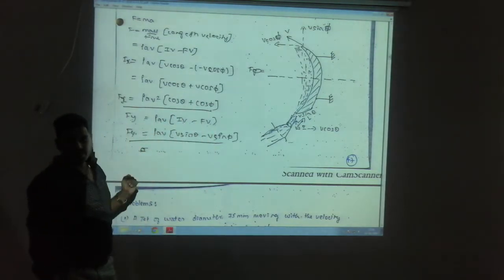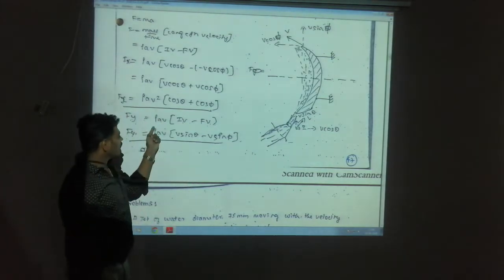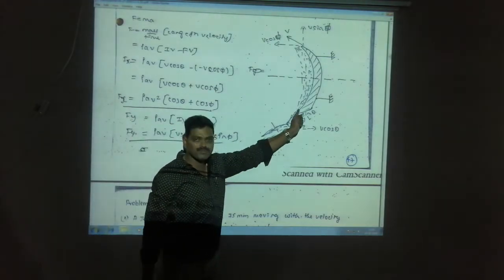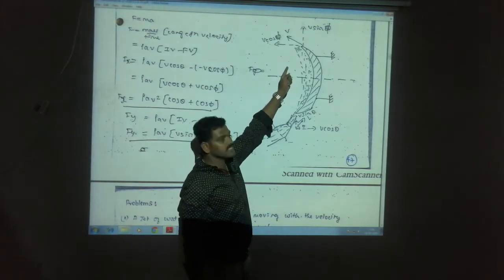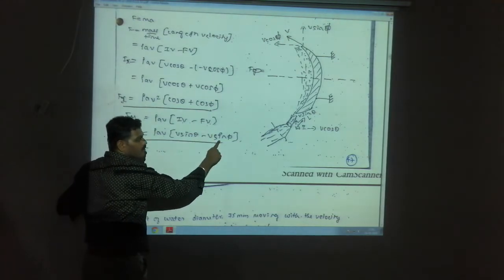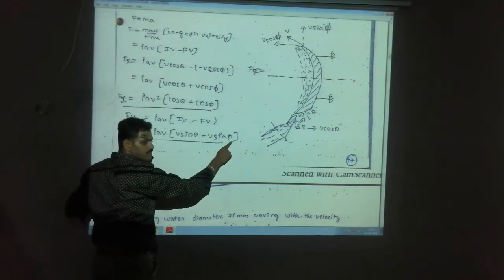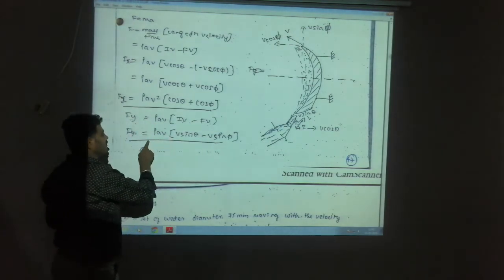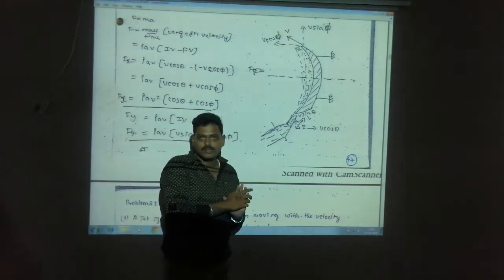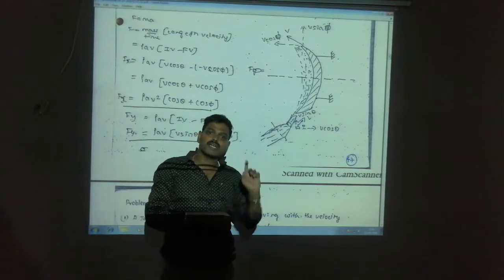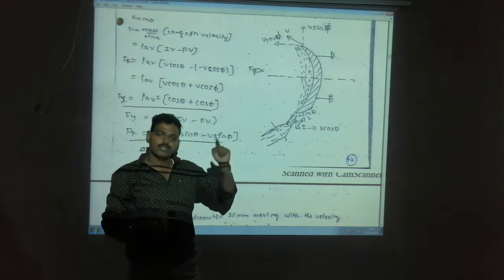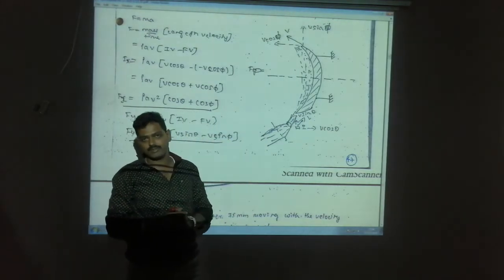Next, in terms of the vertical direction, I find out Fy as rho a v into initial minus final velocity. So initial velocity is vertically upward, plus v sin theta, and final is again plus v sin phi. So initial minus final, initial is v sin theta and minus of final velocity is minus v sin phi. So v sin theta minus v sin phi. We can take v to be common. Then Fy is equal to rho a v square into sin theta minus sin phi. But previously v sin theta minus v sin theta became 0, so Fy became 0. But here it is not literally 0 because it is unsymmetrical. There is no vertical force when the plate is symmetrical.